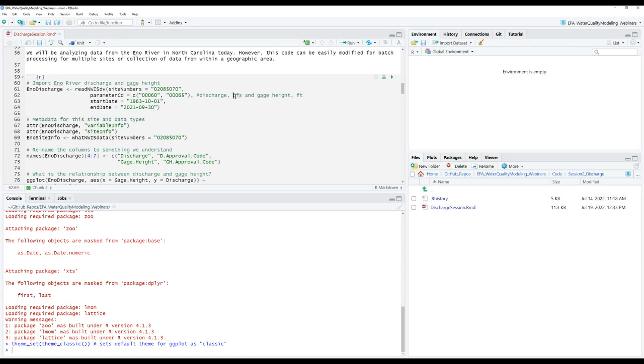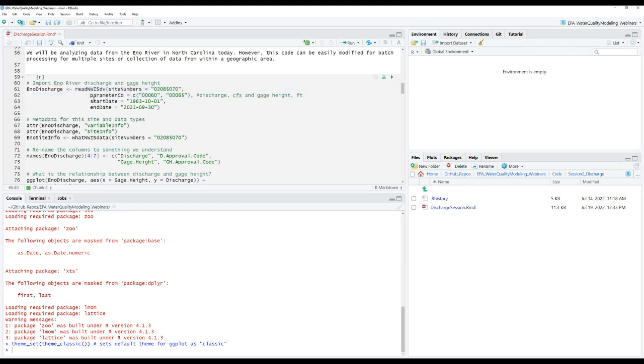Just to be aware, just noticing that these are in imperial units rather than metric units. This is just a convention from USGS, so just keeping track of that if we need to convert things later on. You could stop right here and just say, I want discharge and stage information for this specific gauge site, and if you ended it there, this function would give you all of that information.